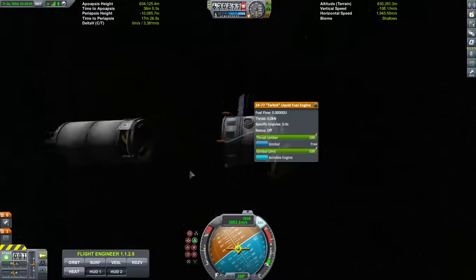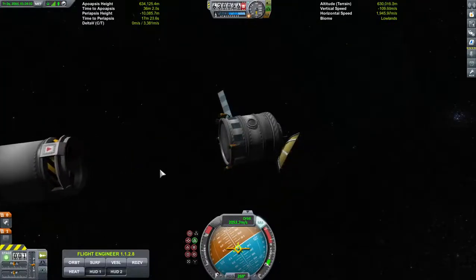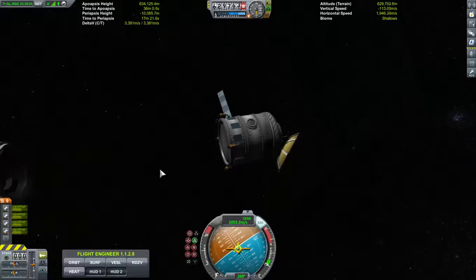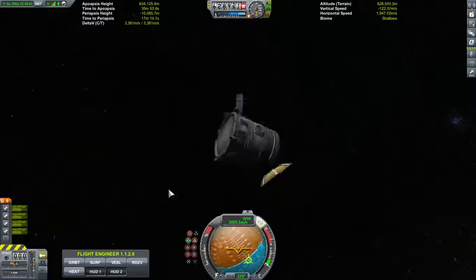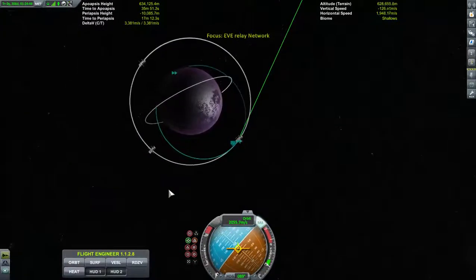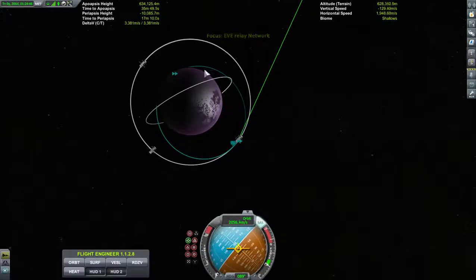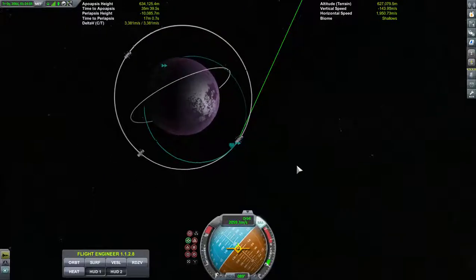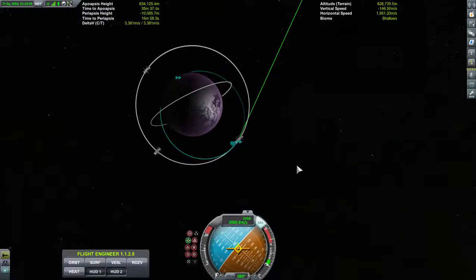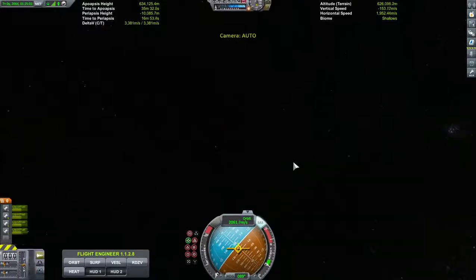Now these engines will be activated. We got a little fuel. Let's see, what do we want to do? We want to speed back up. I am going to put it back in the trajectory. Well, I'll probably put it somewhere around here. We got a lot of fuel to deal with, so what I'm going to do is increase our orbit here, increase our periapsis, and you'll see how these